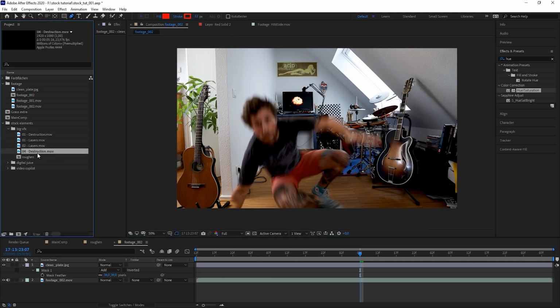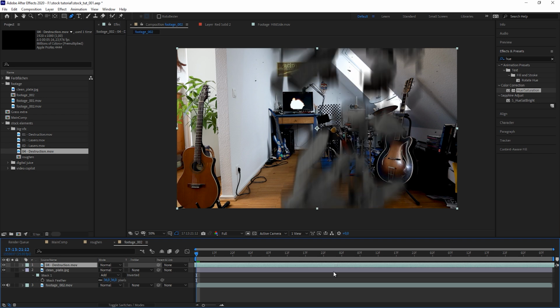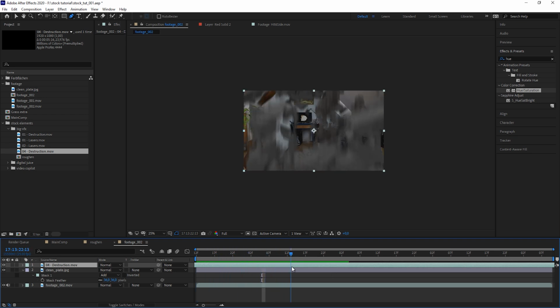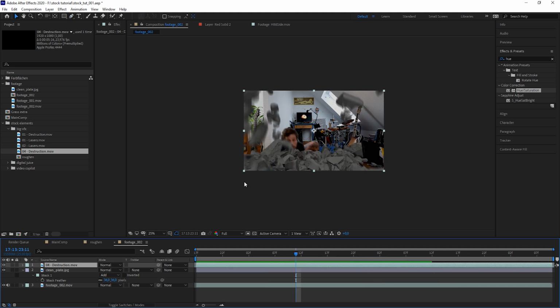So let's go into the destruction, and this is what we have here. So I just start with the debris flying down at the beginning already. Maybe I just cut in here where I'm already hanging in the air. So I hit B for beginning, right click on trim comp to work area. And now it's just